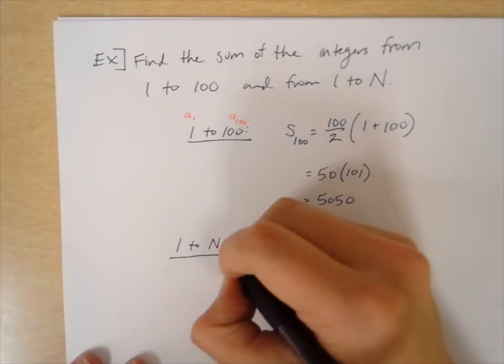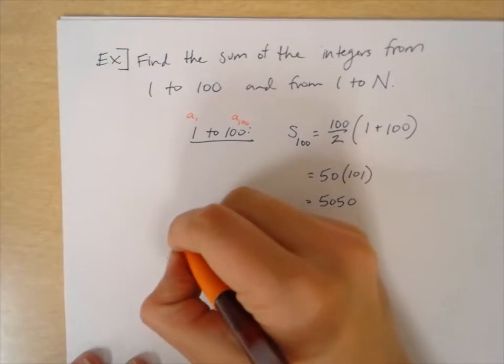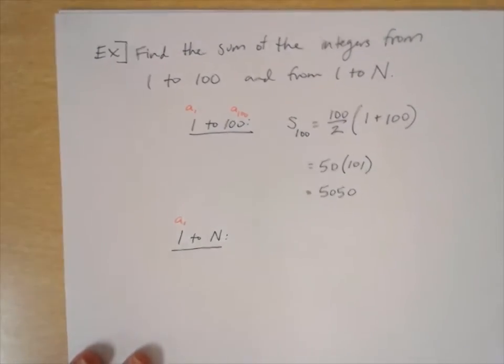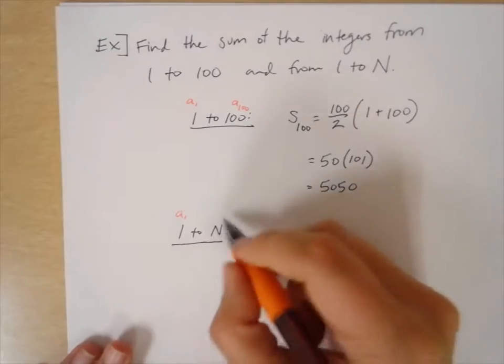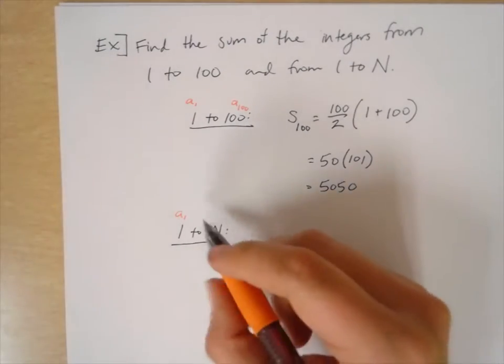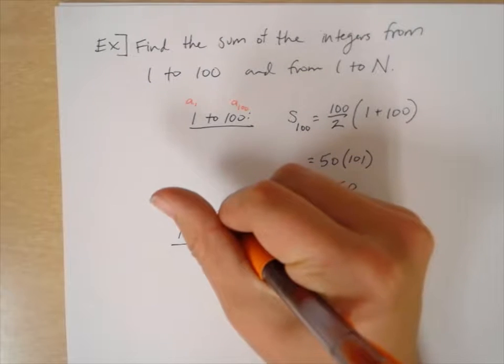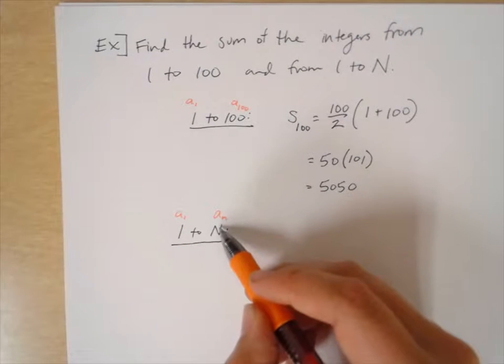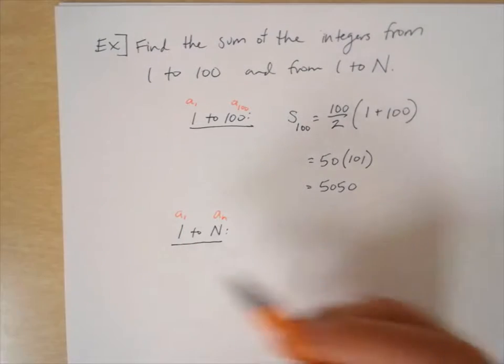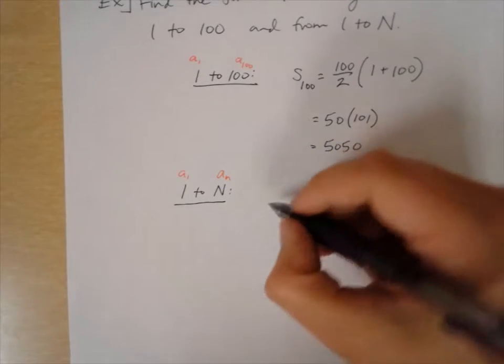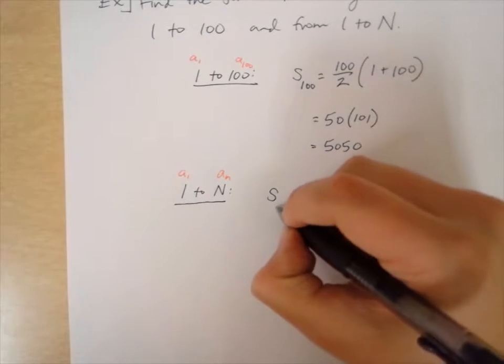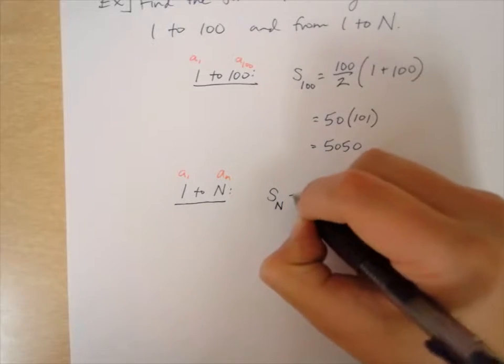again, just like the last case, a sub 1 is 1. However, we don't really have an ending term value. We just have an a sub n. The a sub n we're going to substitute in with the capital N. So we can still use our formula. We can say S sub big N, that's where we're stopping,